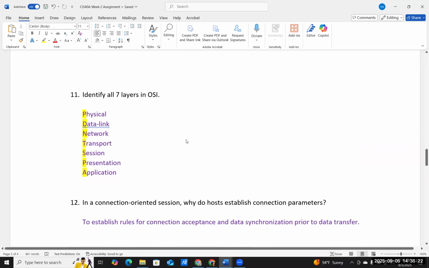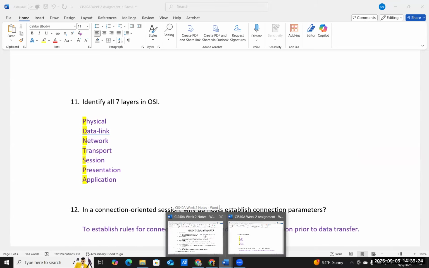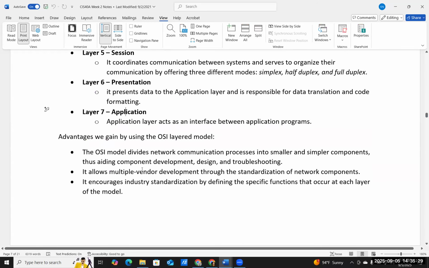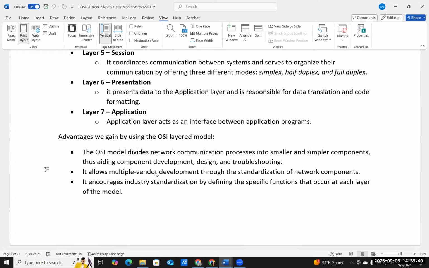Okay, so I want to show you where that is in the notes. So we see the OSI information here, right? It talks about the benefits. The reason why they built this is so that if you buy products of different brands, they work the same way. Like if I buy a motherboard that has an integrated network adapter to build my gaming computer, that network adapter works the same way as the next network adapter that I buy, or the next one, right? It is a way to really standardize, because if you don't,